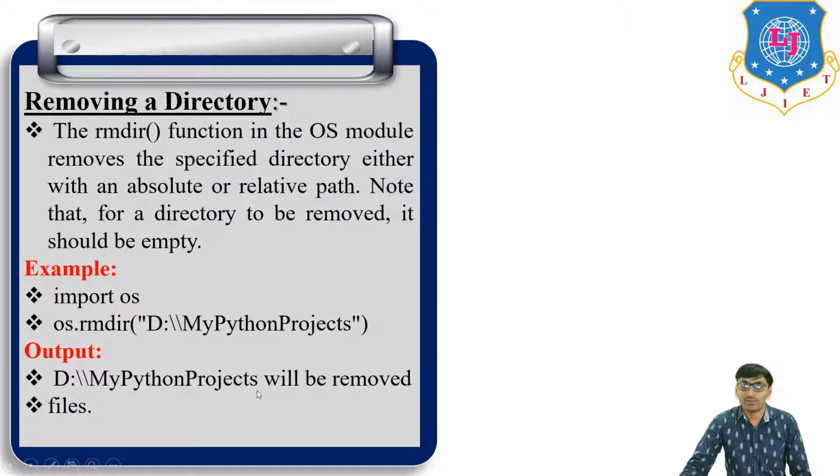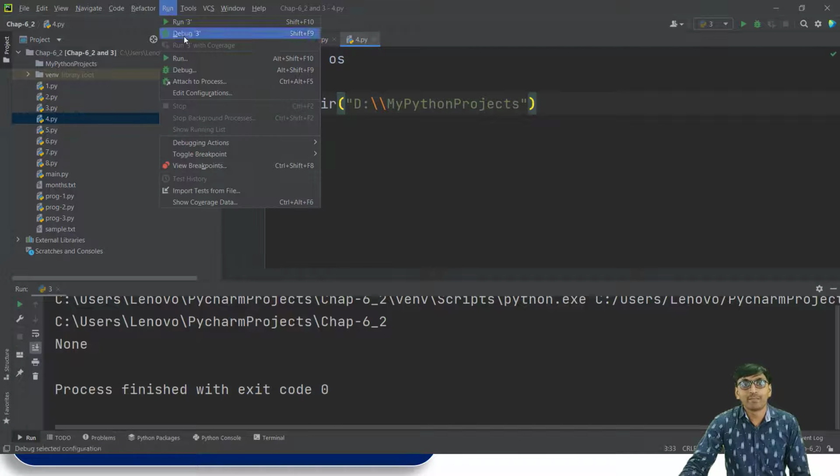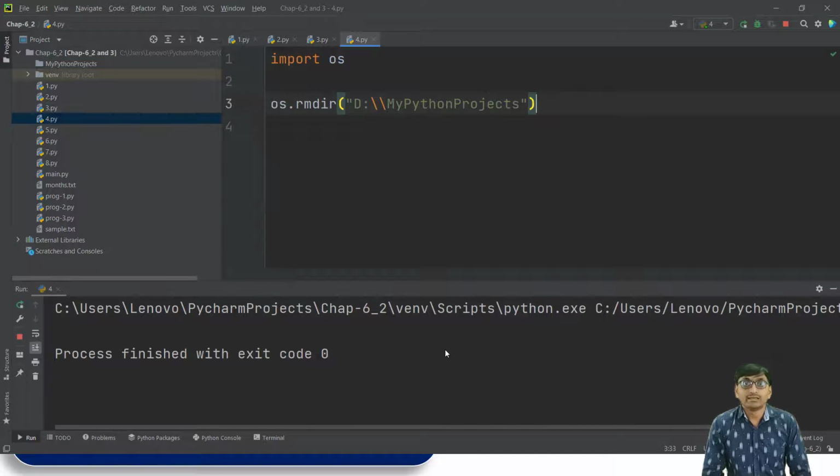Now this same program we run in PyCharm. Import os, then os.rmdir, removing MyPythonProjects from the D drive. If we run this program, the MyPythonProjects directory is removed from the D drive.